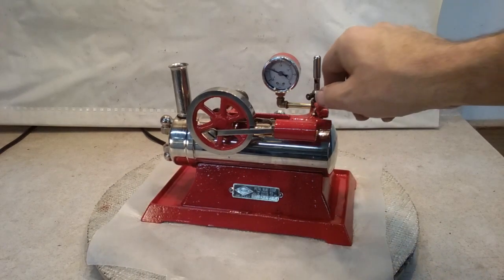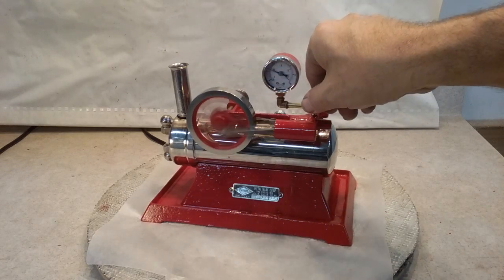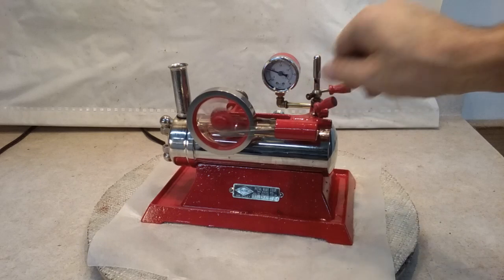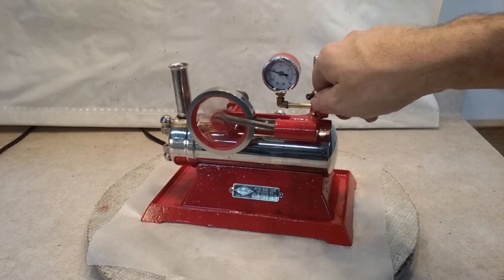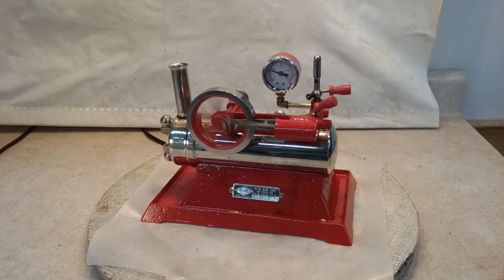Let's get her fired up. There we go. She's a good runner,